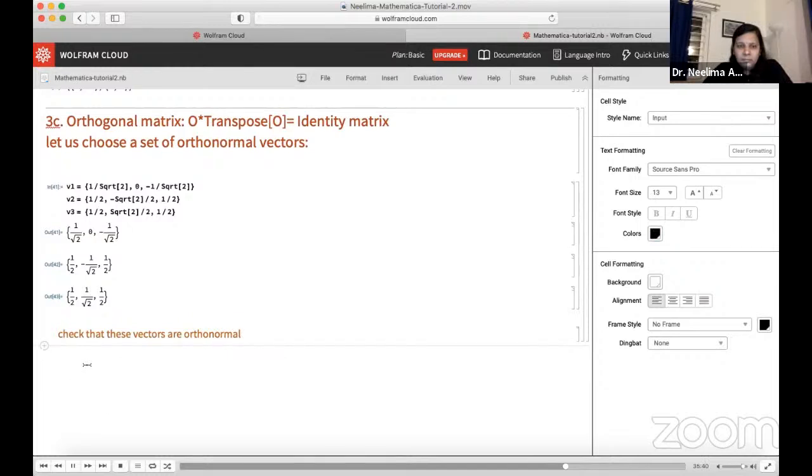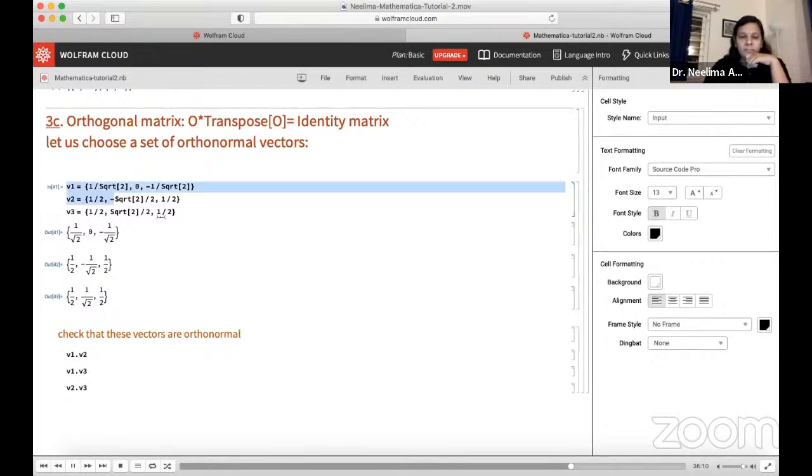Okay, how do you do that? We can do that if the two vectors are perpendicular to each other, they are orthogonal. v1 dot v2, then v1 dot v3, v2 dot v3. Okay,